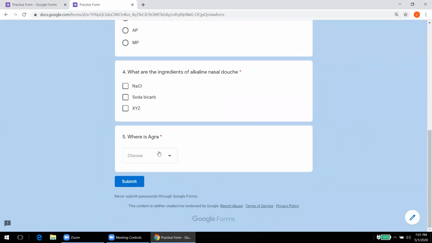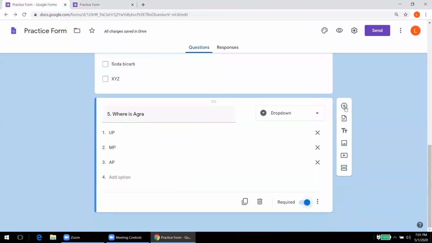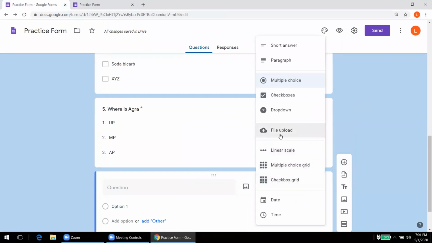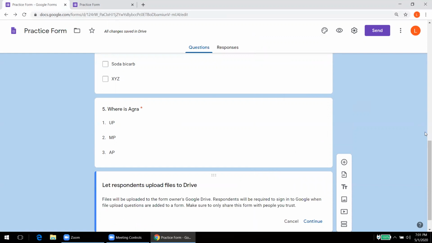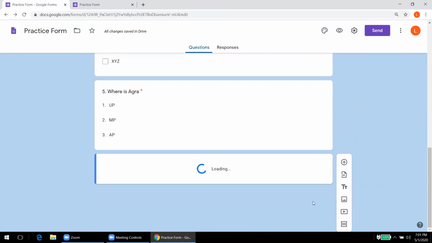So here a drop down menu will be shown to the student, and they can click on this drop down menu and select whatever response they want. So this type is called a drop down question. Then another type of question is file upload. If we click this type, it means that we want a student to upload their response as a file. For example,